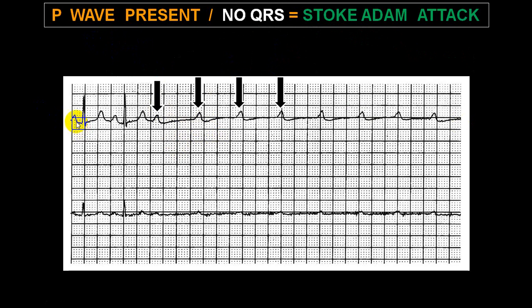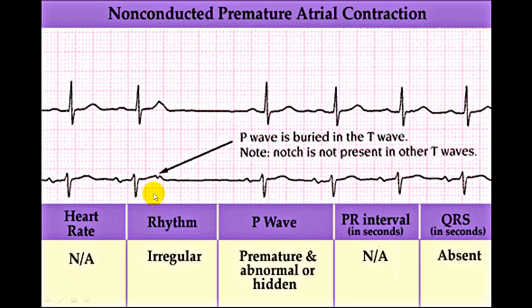Very classical. You can see normal sinus rhythm and suddenly you get a P wave but no QRS complex, no ventricular contraction, meaning the impulse is not transmitted to the ventricle. All these P waves are not followed by a QRS complex, and during this time the person gets syncope. Here you can see one P wave not conducted to the ventricle. This is called a non-conducted premature atrial contraction because it has come early. This is the RR interval, this is the PP interval, so the P wave should have come somewhere here. It has come early, but is not followed by a QRS complex. Hence, this is called a non-conducted premature atrial contraction.